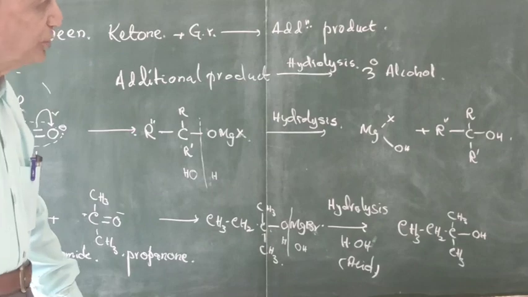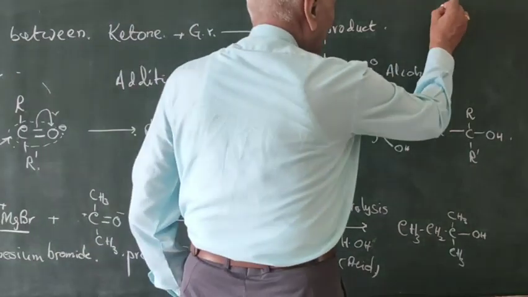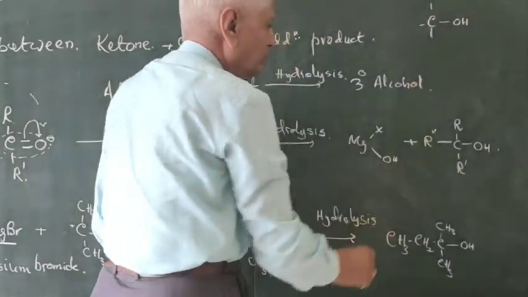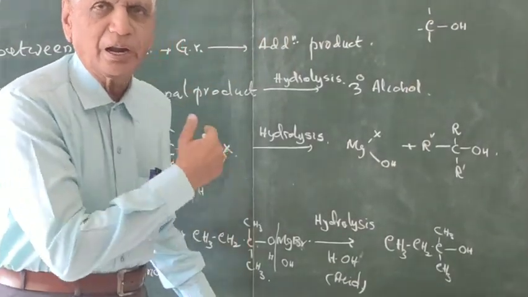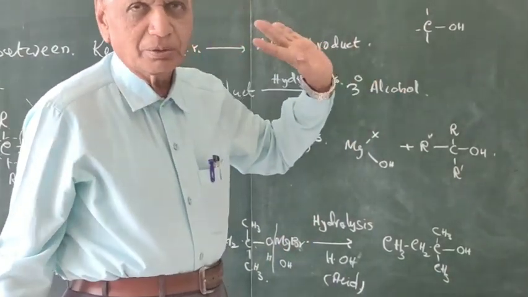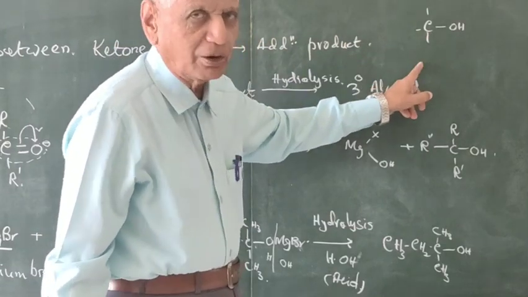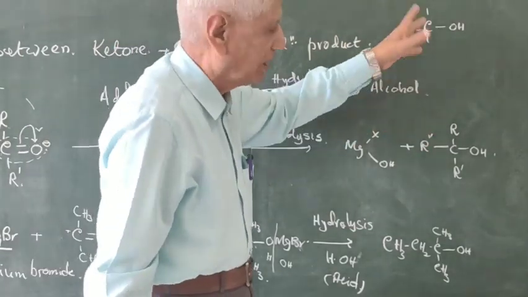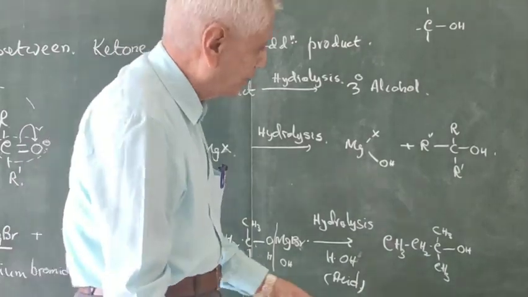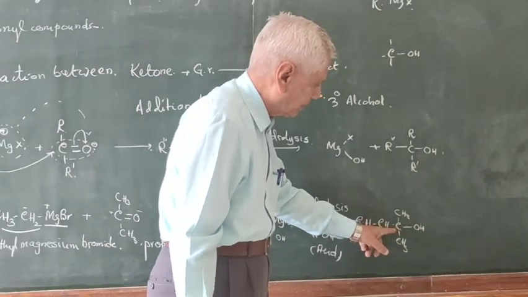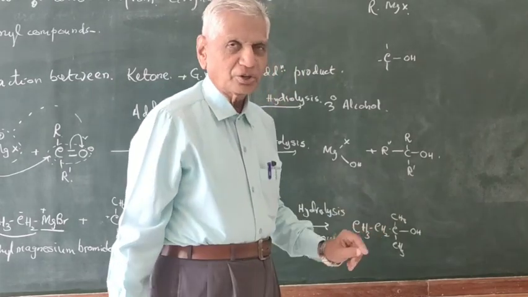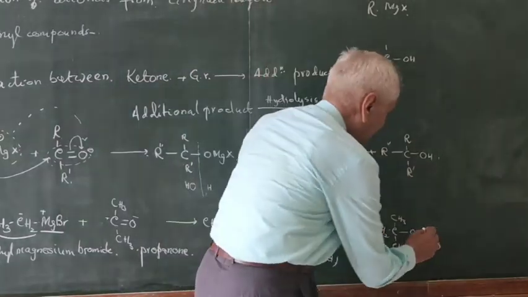Tertiary alcohol, as you know, has a group like this, C C OH. This carbon which is carrying OH group does not contain any hydrogen. If this carbon contains 2 hydrogen, primary alcohol. If this carbon contains only 1 hydrogen, secondary alcohol. If this carbon does not contain any hydrogen, tertiary alcohol. Clear? So that is how you find here OH is attached to this carbon and this carbon does not carry any hydrogen. Therefore, this is a tertiary alcohol.